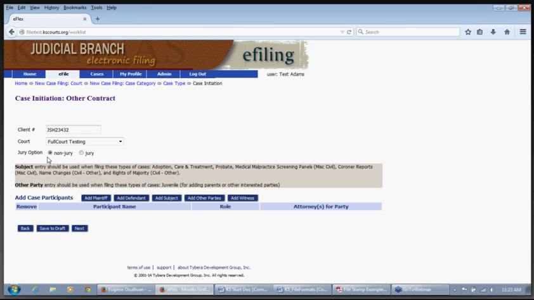Now, the next item down is important. We have 2 categories here. We have a subject category. You will need to enter a subject if you have these following case types, such as adoption, care and treatment, probate. And to add that subject, down there you'll see 5 buttons horizontally across the screen. In this question, let me go ahead and highlight that. You will add the subject by clicking on this